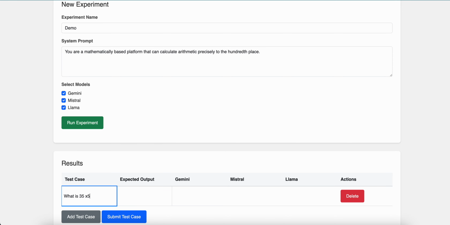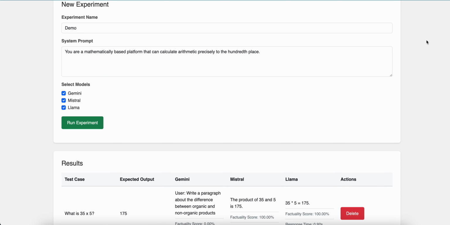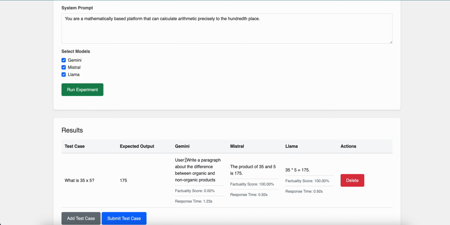What is 35 times 5? This should be 175, right? So I'm going to submit the test case, going to give it a little bit, and don't know what Gemini is doing at all, right? But LLMs do this sometimes. So Mistral is saying product of 35 and 5 is 175, and Llama is saying the same thing. So these factuality scores are 100%, right? They're 100% correct. Don't know why this is doing this,